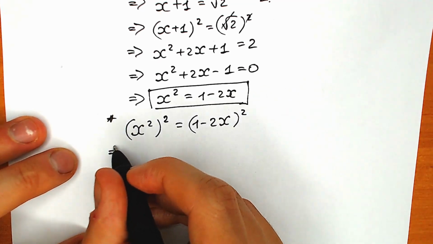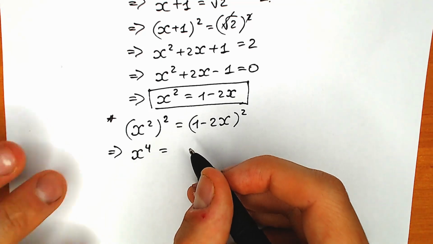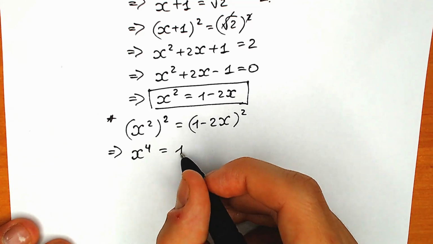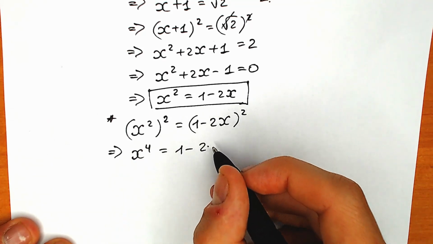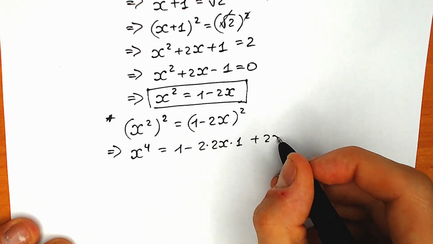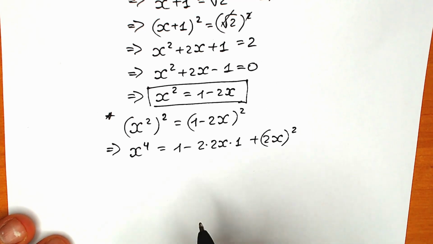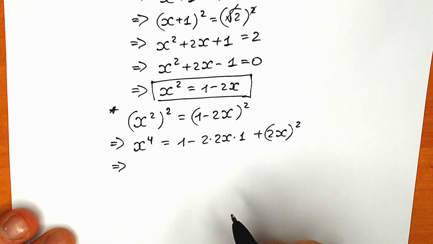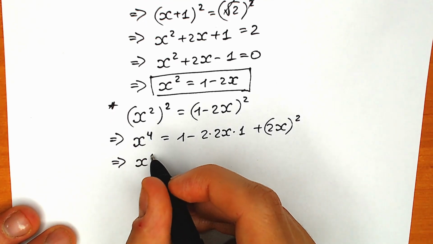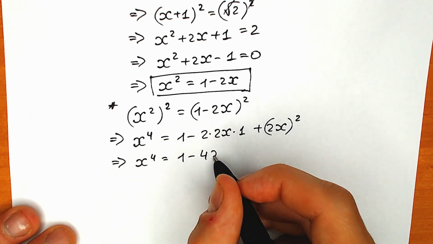As a result, on the left side, we will have x to the power 4 equal to, here's our classic formula, 1 minus 2 times 2x times 1, and of course plus (2x) squared. Alright, really great. Let's simplify this a little bit. As a result, what do we have? We have x to the power 4 equal to 1 minus 2 times 2x times 1, which is 4x, and